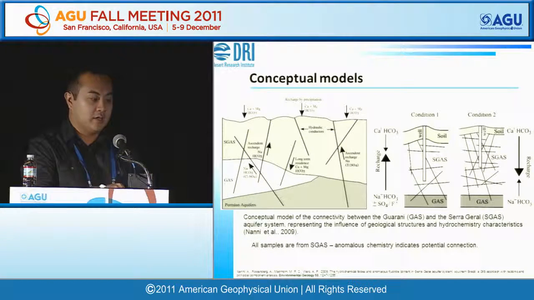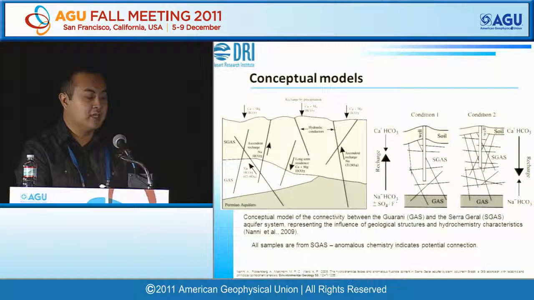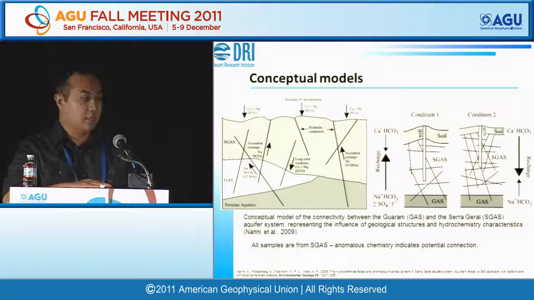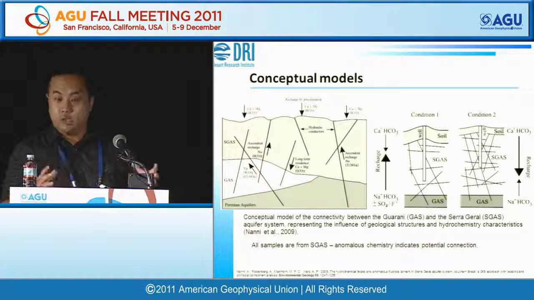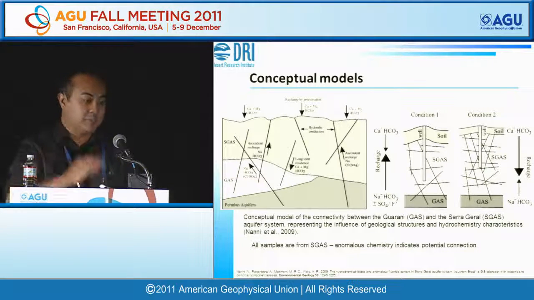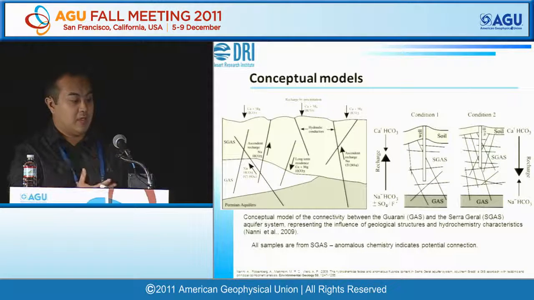This way, you will have more favorable conditions for upward fluxes. Thus, the water found in the Serra Geral aquifer will have higher content of sodium, sulfate, and fluoride. In the other condition, the soil layer will be thinner, and we will have a more dense network of fractures. This way, the recharge from precipitation will be higher, and the elements will be more typical of Serra Geral than